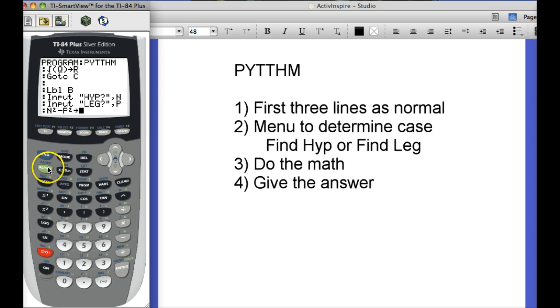And I'm going to store that in Q, and then the square root of Q